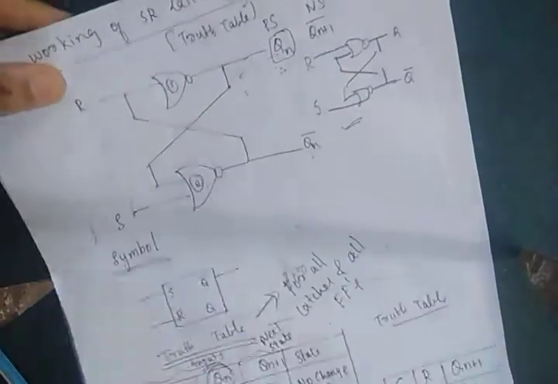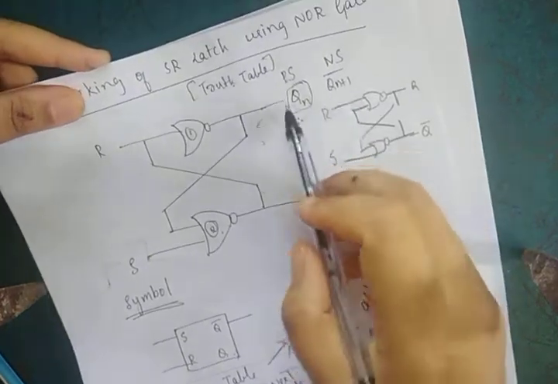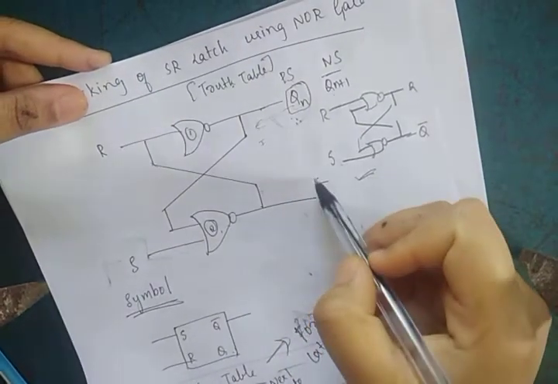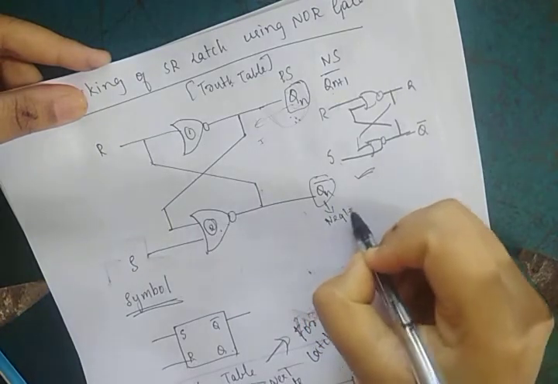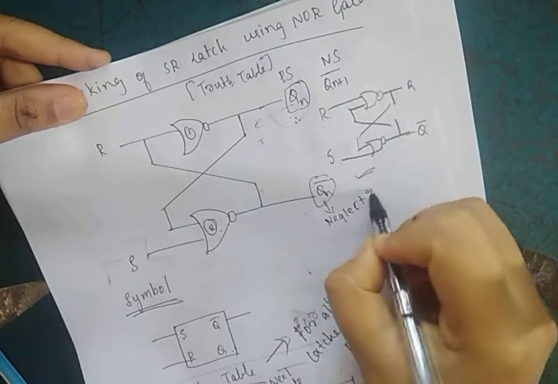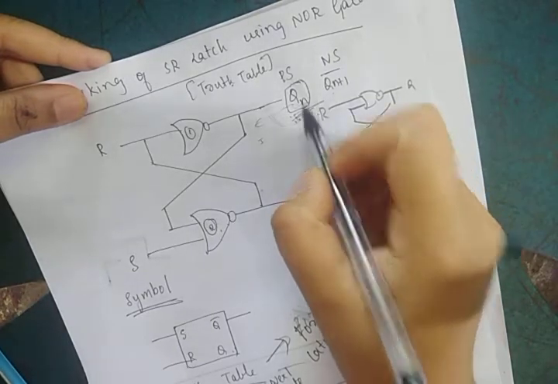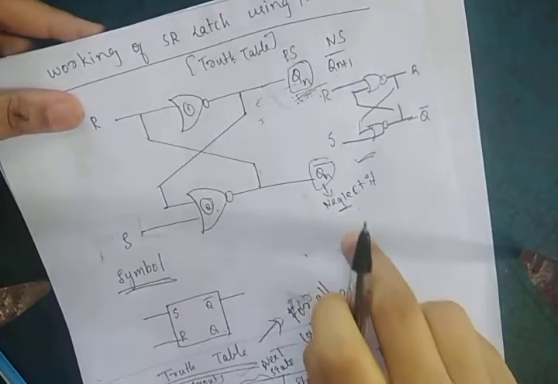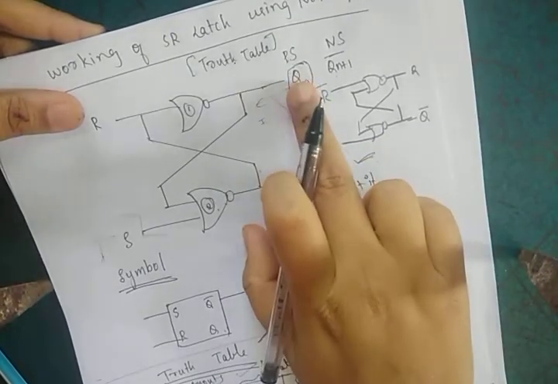You may have another doubt. Okay, madam, you have taken Qn, Qn plus 1, present state and the next state. Then what is this Q bar? This one, neglect it. We don't have anything to do with this. Just understand this part. Only in one case will I be using this, but it doesn't have any meaning. If you follow this, it's enough.